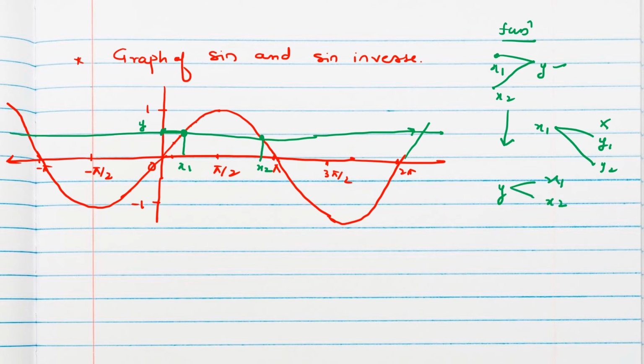This will become the domain, and these two elements will become elements of the codomain. That means this type we will get here: y is related to x1, y is related to x2. So this should not happen. Okay? That means we cannot take the whole domain and codomain. If we want to find sine inverse, we should restrict it. How will we restrict? See, suppose this area, if we consider this much area,